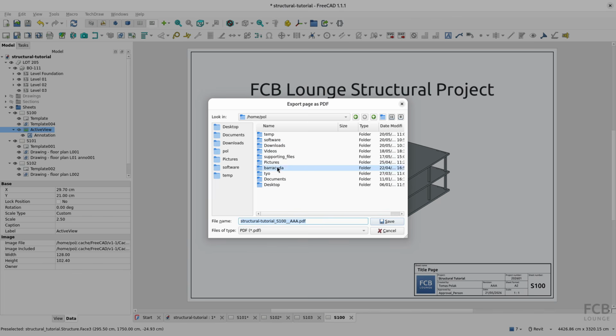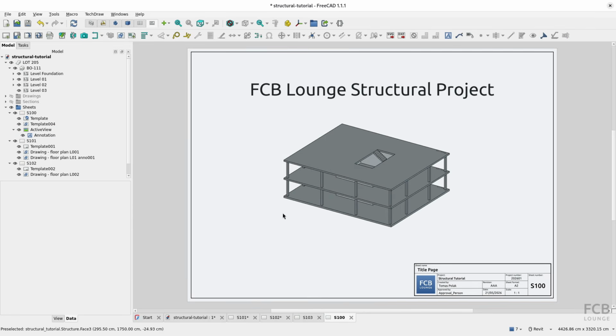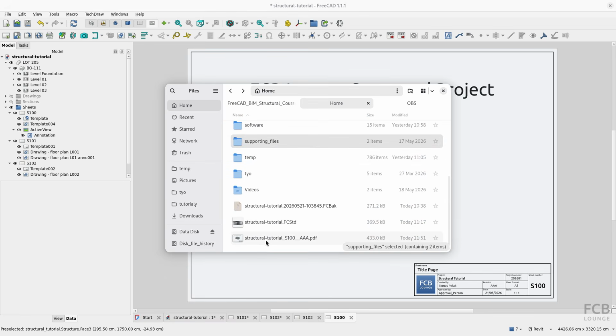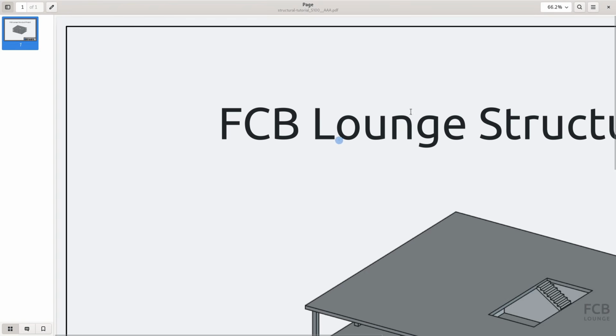And this asks me where I want to save the PDF. So I will leave this name and export it to my home folder. And now if I switch to my home folder, I have this file here, and if I double click it, you can see that it's